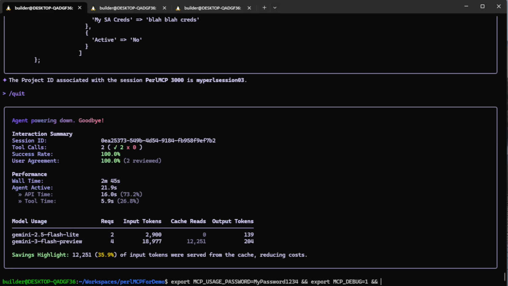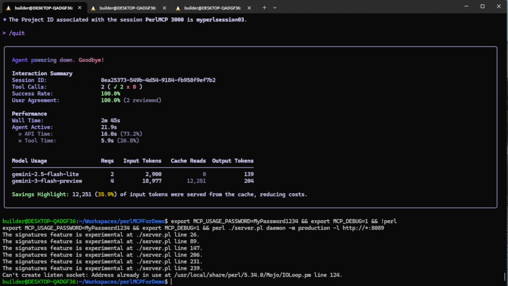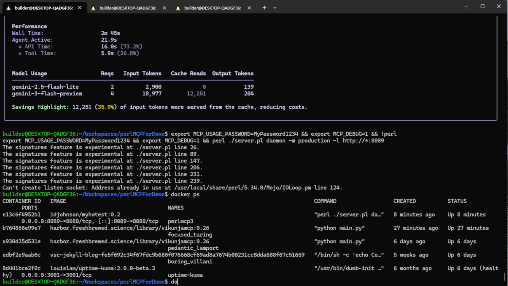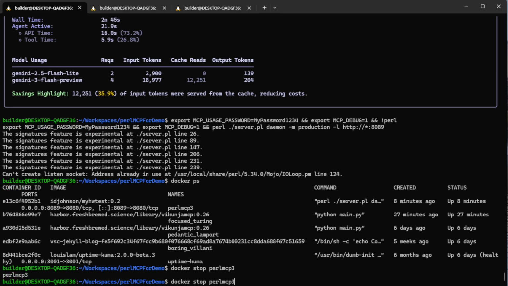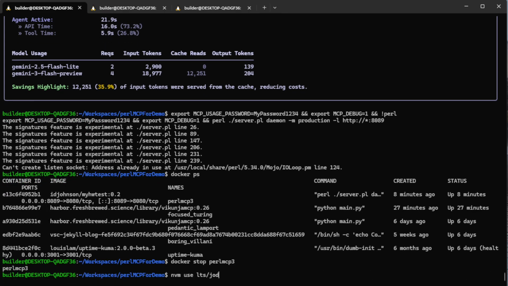And now let's do the Perl command to run it. I already have it running right now in Docker. I forgot about that. So I'll do docker stop Perl MCP 3. Well, how would I do that in Docker? So remember I did docker run. What we're going to say instead here is -e